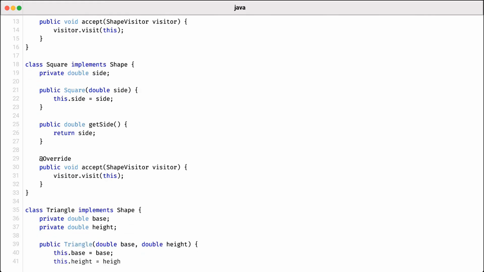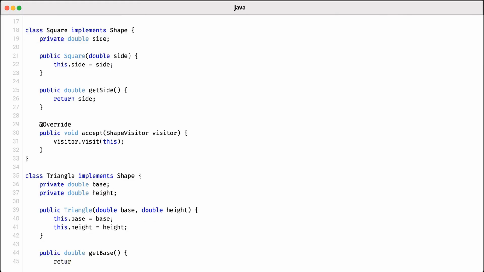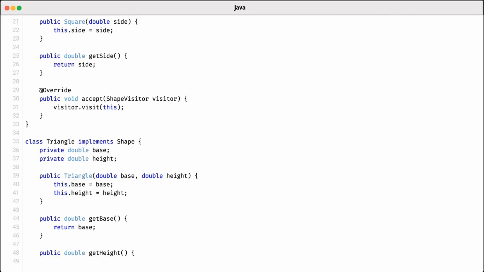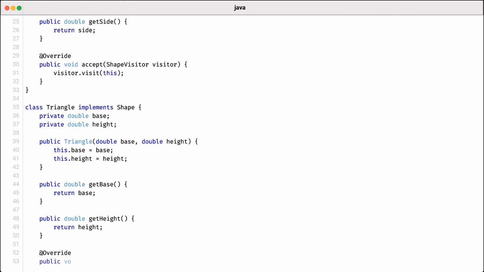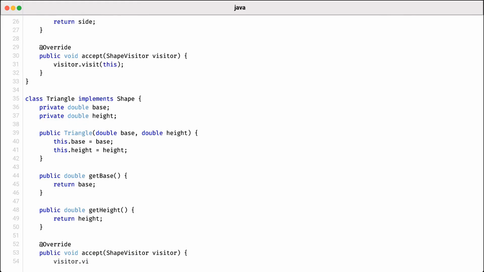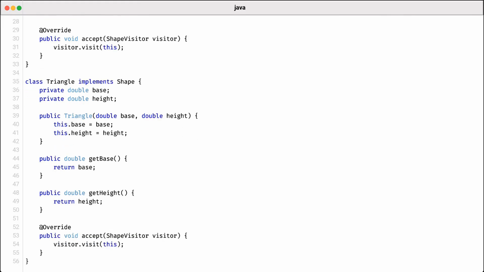This design allows the visitor to process shape-specific operations without altering the shape classes themselves. By implementing the accept method in each shape, we ensure that any new operation can be added through visitor classes while keeping the structure of our shapes intact. This approach promotes flexibility and adheres to the open-closed principle, making it easy to introduce additional operations without modifying existing